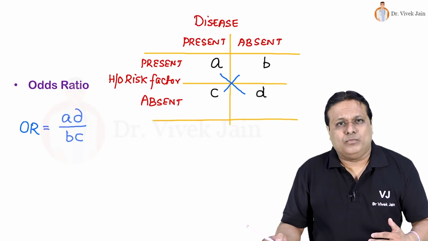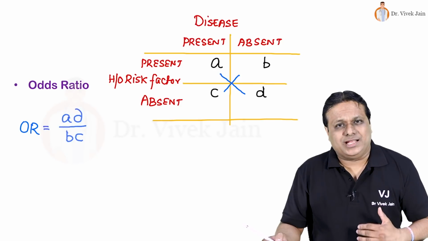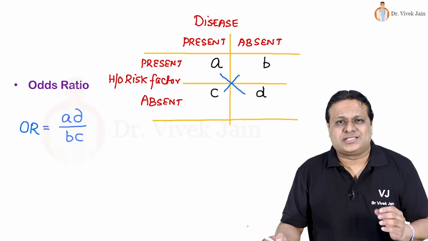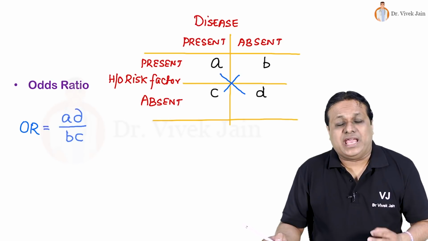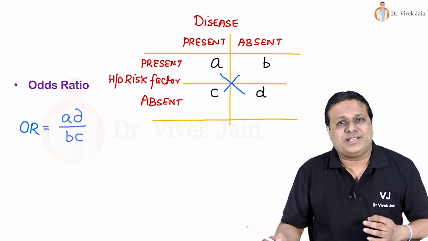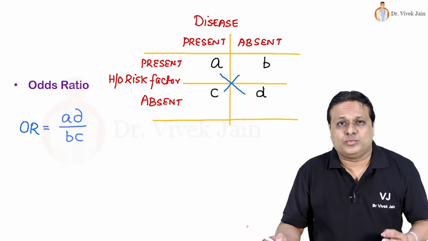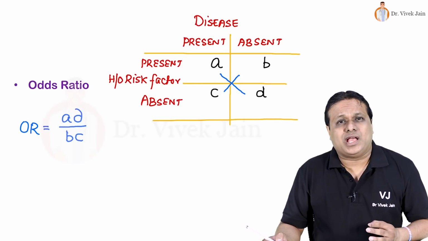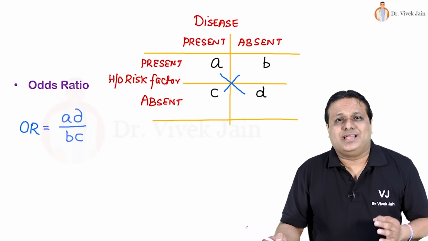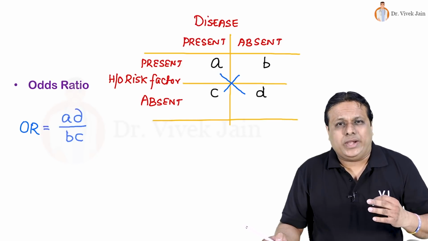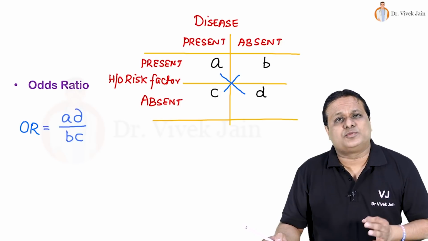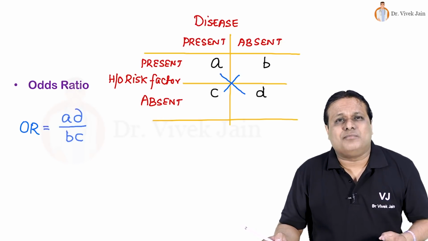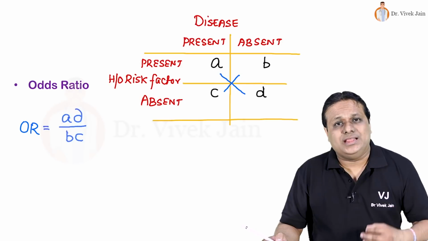Odds ratio may come more than 1, equal to 1, less than 1. Interpret it just like relative risk. If odds ratio comes 21, as we discussed in our main video example of lung cancer and history of smoking, then odds ratio 21 implies lung cancer cases have 21 times more odds or chances of giving a history of smoking in the past as compared to controls or healthy people.